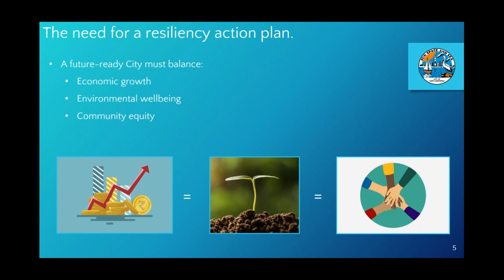But on the other end of the spectrum, we also are set to deal with numerous natural hazards, such as increased tropical cyclone activity and sea level rise, that could have a negative and long-lasting impact on residents and businesses if we do not act now, impinging on this growth and our overall well-being. We need a direction and a vision to navigate this crossroad. We need, simply put, a plan.